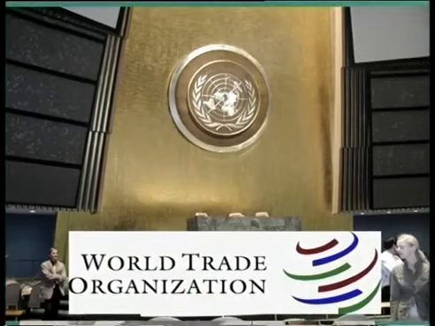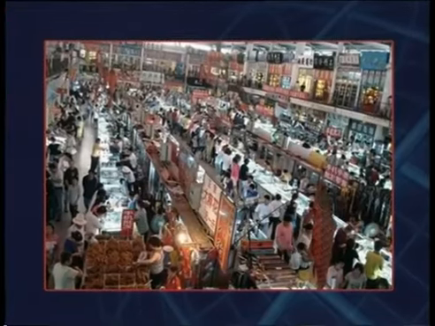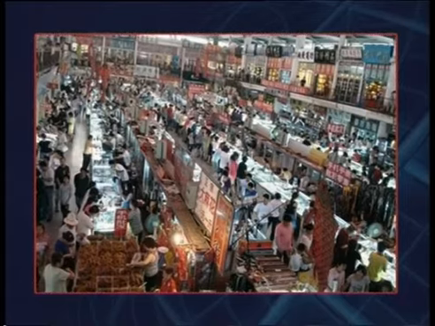and at the same time, earlier the government used tariffs and also quantitative restrictions to restrict the entry of foreign goods into the Indian market. But as part of the WTO agreement, World Trade Organization agreement, now the Indian government totally abolished the quantitative restrictions. Now it depends only on tariffs to restrict the entry of foreign commodities into the Indian market.